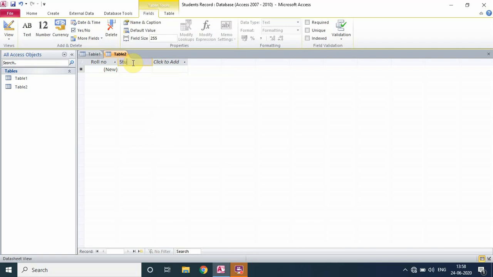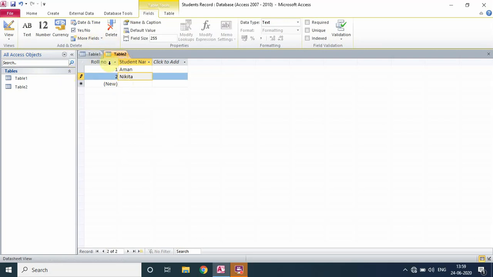Like this I can create the table in datasheet view. Then I can fill the data accordingly. Suppose Aman. Then the next record, suppose Nikita. This way I can make a table in datasheet view.